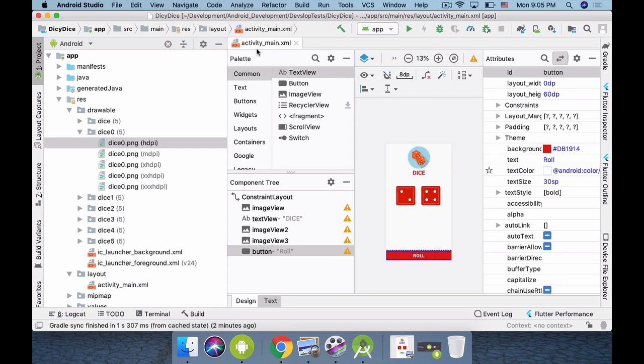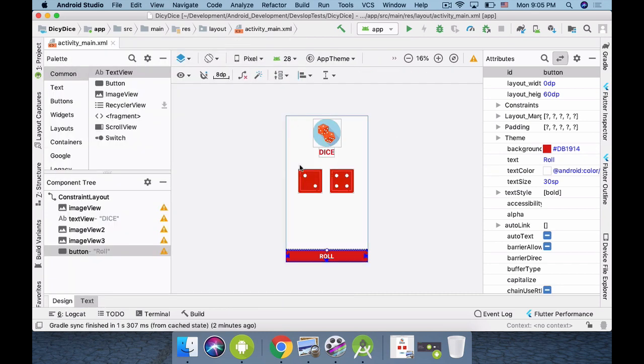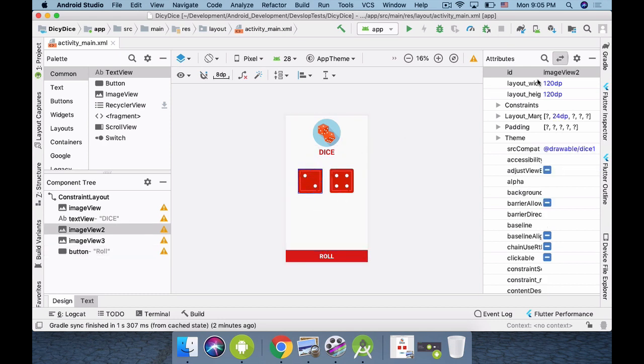Okay, now it's time to start with giving an ID. How we can communicate between the main activity and this UI is that you have to give an ID. Then you can call this ID in your activity. Right now this part will not change, so we don't need to give an ID for these two, but this one is going to be changed, and I will say dice1,